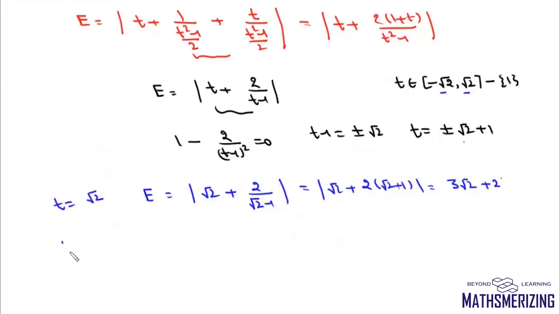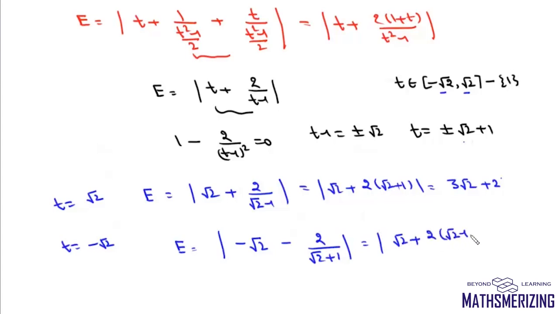plus root 2. Now if we take t as minus root 2, we'll get the value of e as minus root 2 and then minus 2 upon root 2 plus 1. So it will be this root 2 and this is 2, and if we again rationalize, it will be this root 2 minus 1 which is 3 root 2 minus 2, and we take t as 1 plus root 2